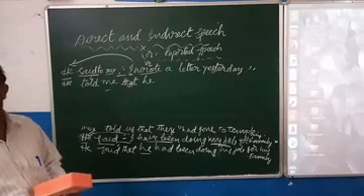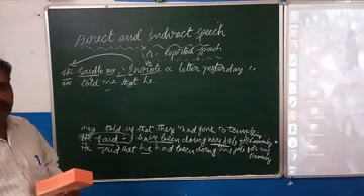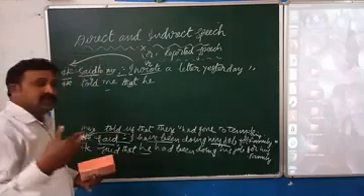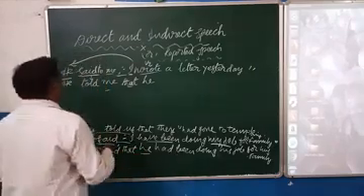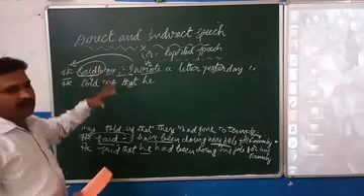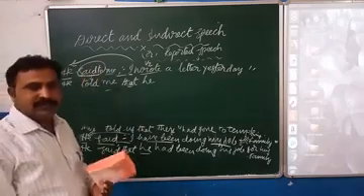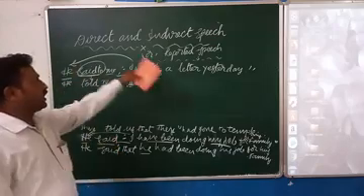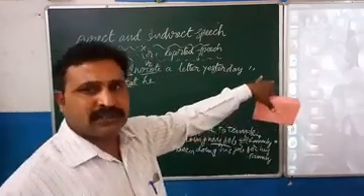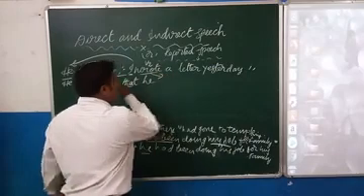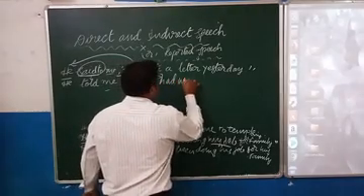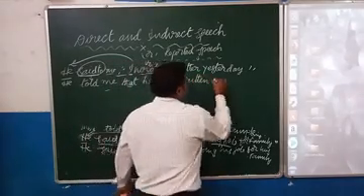So when they have given past tense, what do we have to do? It's a rule. When we need to change direct speech into indirect speech, we need to change it into its corresponding tense when the reporting verb is in past tense. Here said is the reporting verb. That is past tense or present tense? Yes, it is past tense. So then we can rewrite it into its corresponding tense. Present tense becomes past tense, past tense becomes past perfect tense. So V2 form denotes past tense and its corresponding tense is past perfect tense. He had written a letter